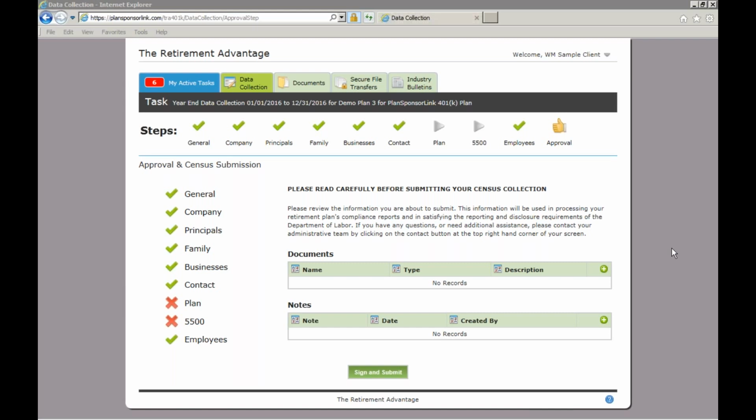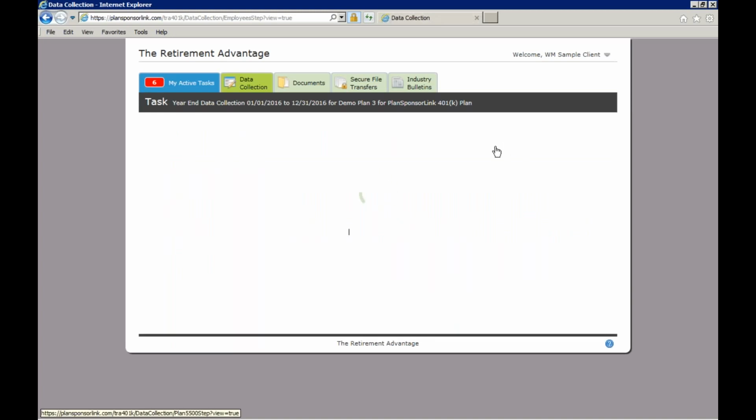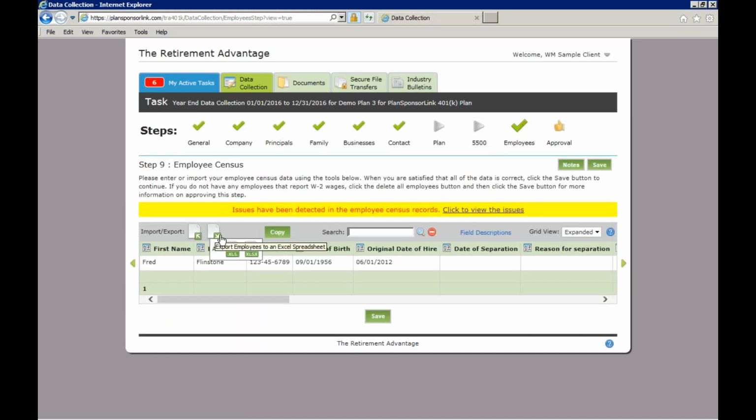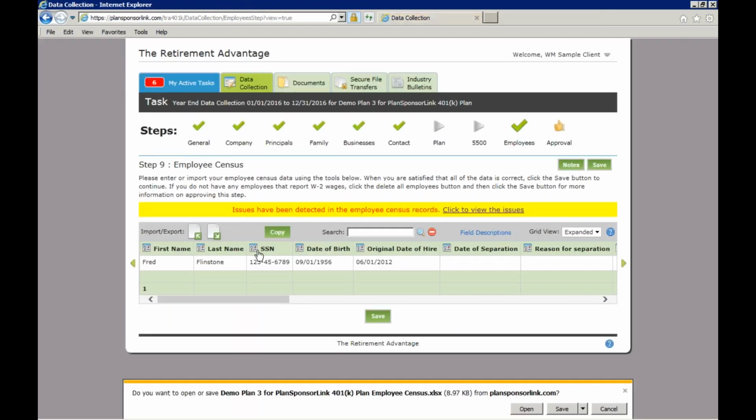Last question, it looks like. An Excel file worksheet can be imported, but the column headings have to correspond with the fields in the PSL. Is that correct? That is correct. When you are on, and I will go back to the step that is being referred to. If you are choosing to export your Excel file from Plan Sponsor Link,